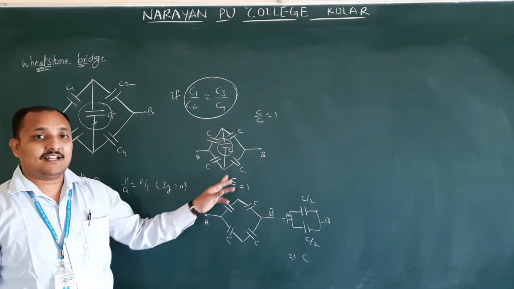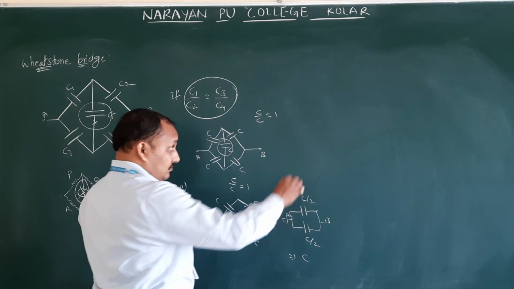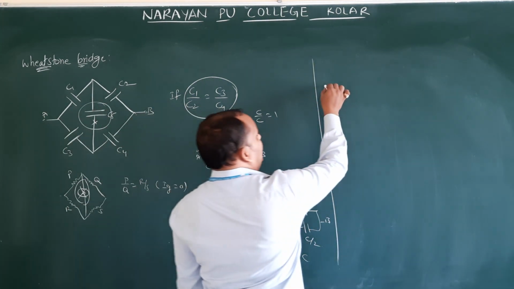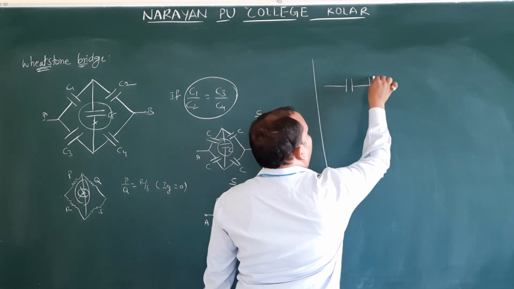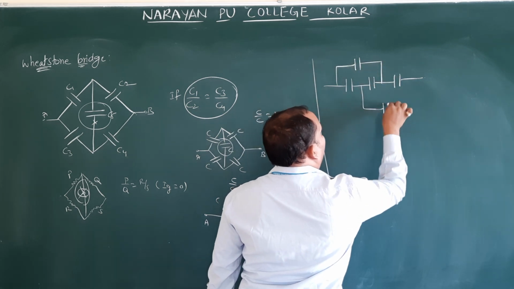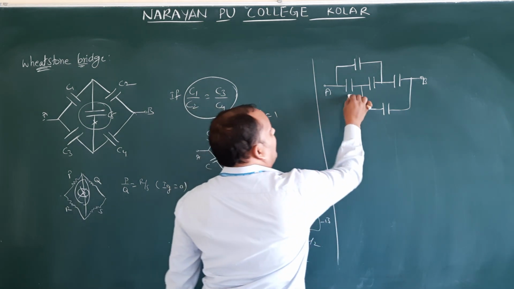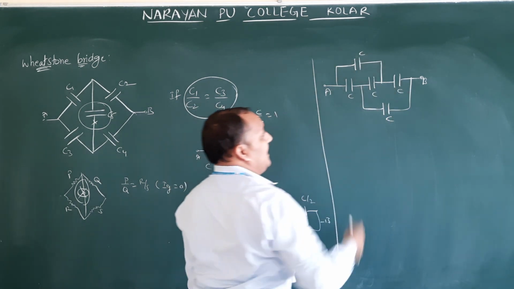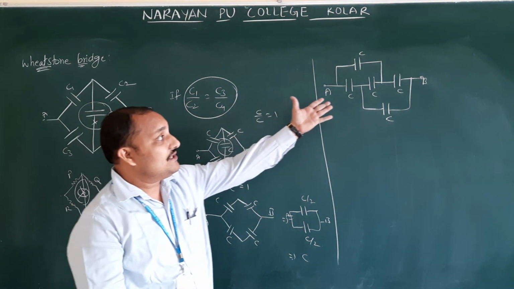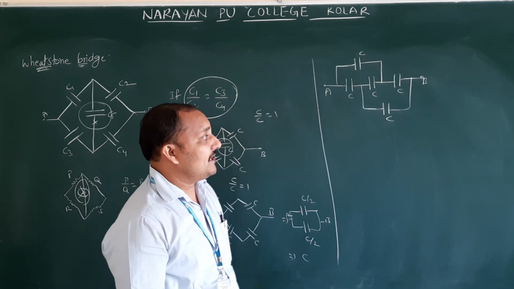If all capacitors are equal, you will get equal capacitance. Okay? Now, different forms of Wheatstone bridges. They give the first one like this. So this is B, this is A. See, all capacitors are the same. Then we are going to remove this center one. Which one we remove is important. This is also a Wheatstone bridge. So which is going to be removed?